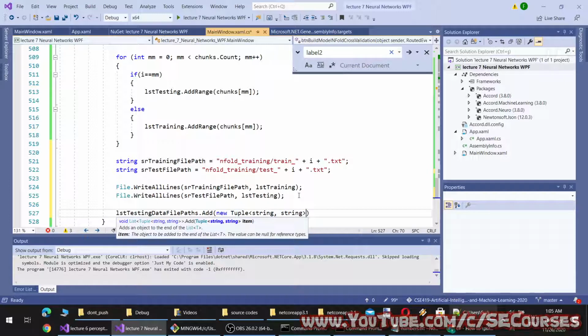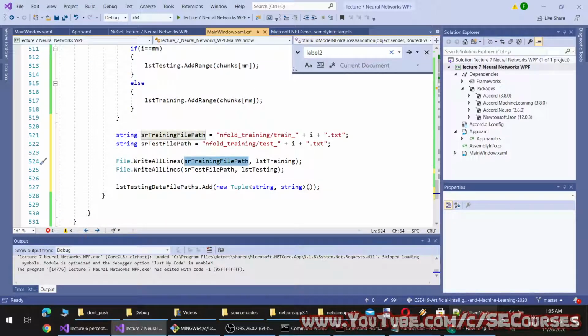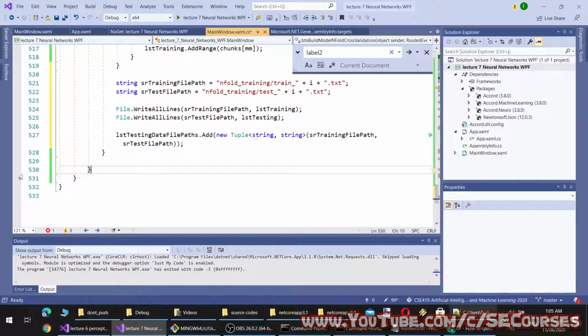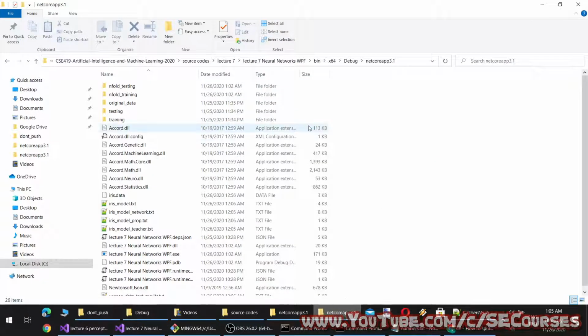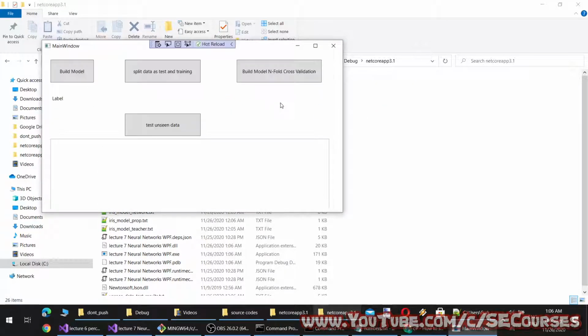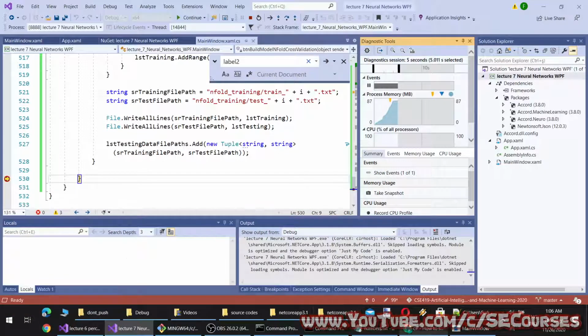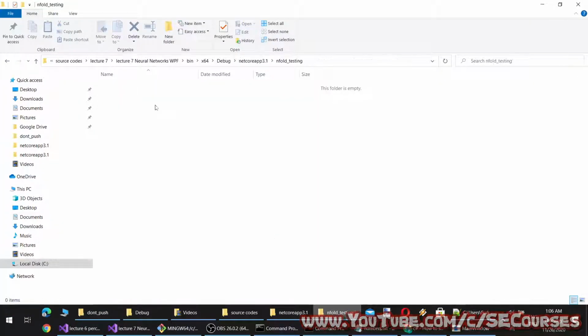Let's make a tuple of this, training and testing. Okay, now we have generated our 10-fold data. This is the lame way, but easier way to show you. This is not the most appropriate way of doing tenfold. Okay, it is done. Now we can see it.